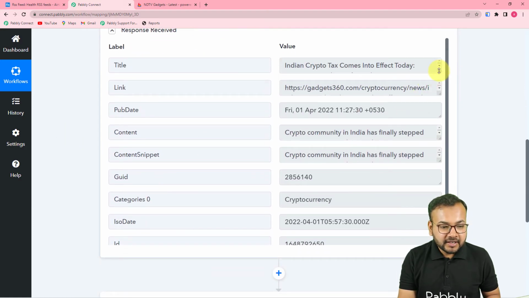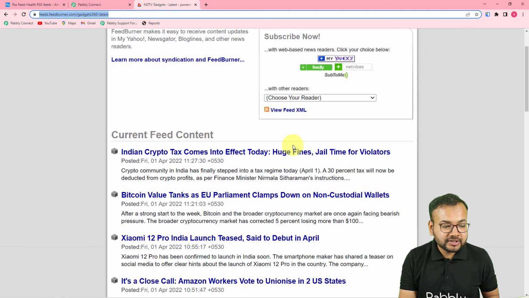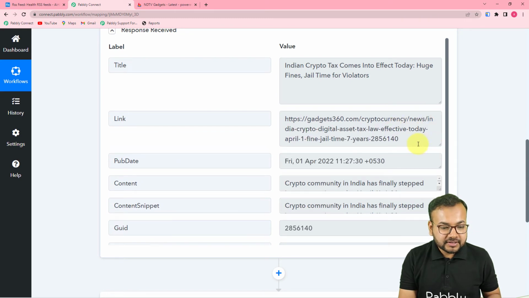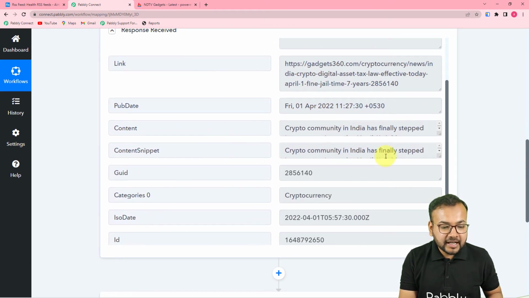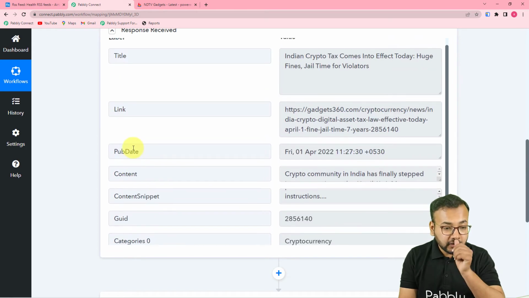So here we have the title of the post, Indian crypto tax comes into effect today. Okay, so you can check the same post here. You can see the most recently updated post is fetched here. So we have the link of this post also, we have the date and all the things like this. Okay, right. Now guys, I want to save this same thing in Airtable, and let me tell you one more thing,